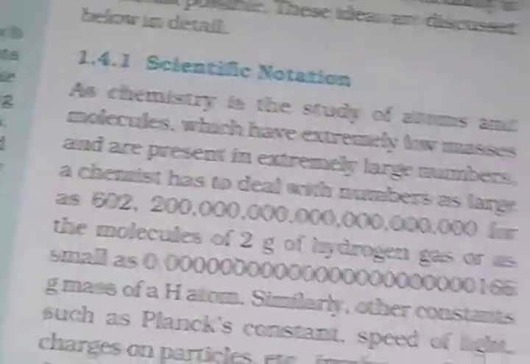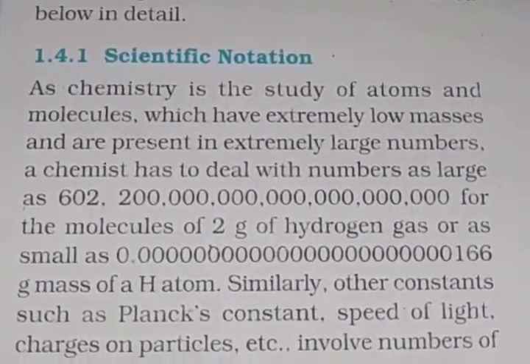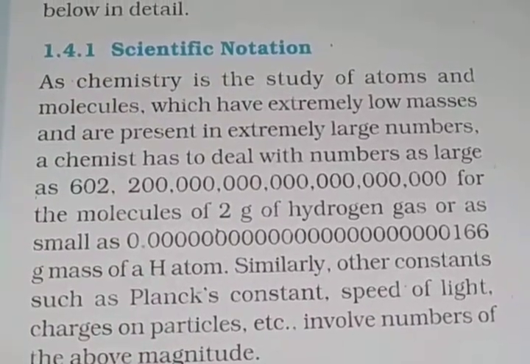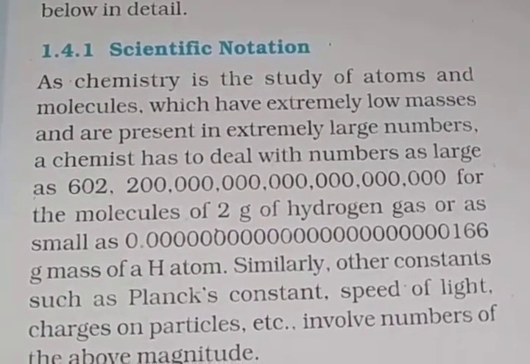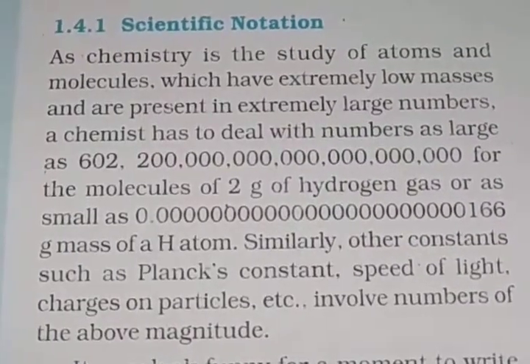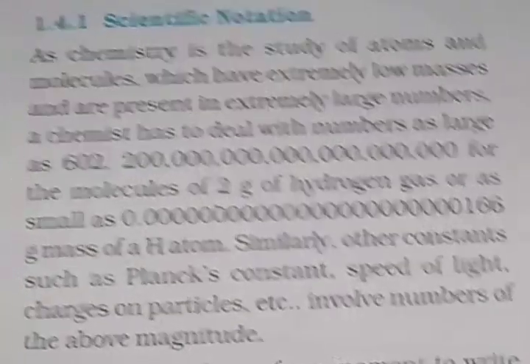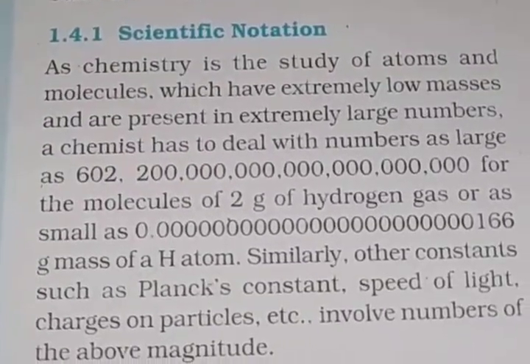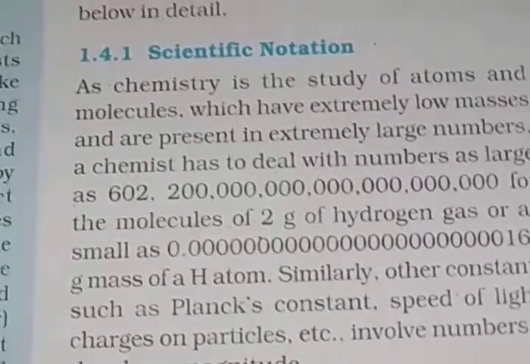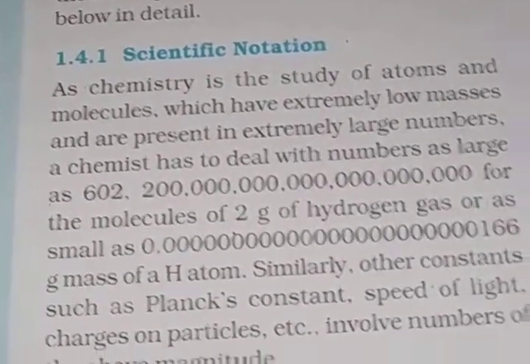Next topic is uncertainty in measurement. Many times in the study of chemistry, one has to deal with experimental data as well as theoretical calculation. So there are meaningful ways to handle the numbers conveniently and present the data realistically with certainty to the extent possible. These ideas are discussed here. First is scientific notation.